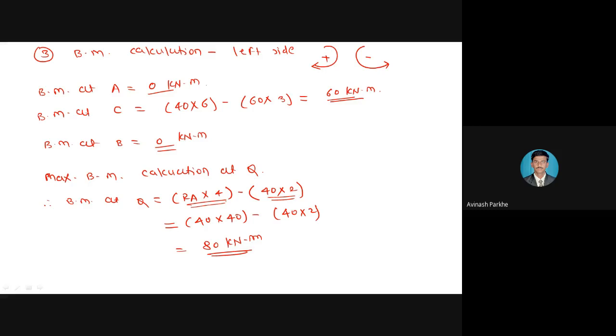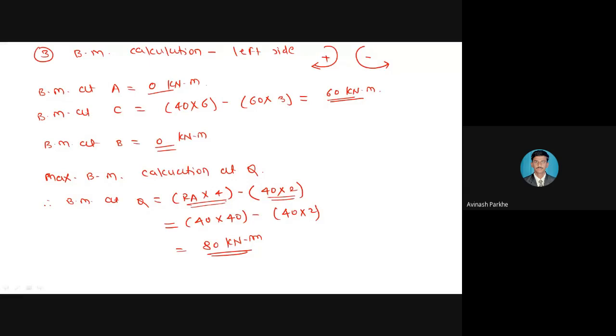Instead of UDL, if I give a point load, your SFD and BMD will be different. Instead of 2 point loads, if I give 3 point loads, again your SFD and BMD will be different. So many varieties of problems are there, and it is not possible to take all of them. Whatever important numericals are there, through those we can understand the things. Maybe point of contra shear, point of contra flexure, how to calculate the maximum bending moment. Such types of problems we will take in this chapter, that is SFD and BMD.